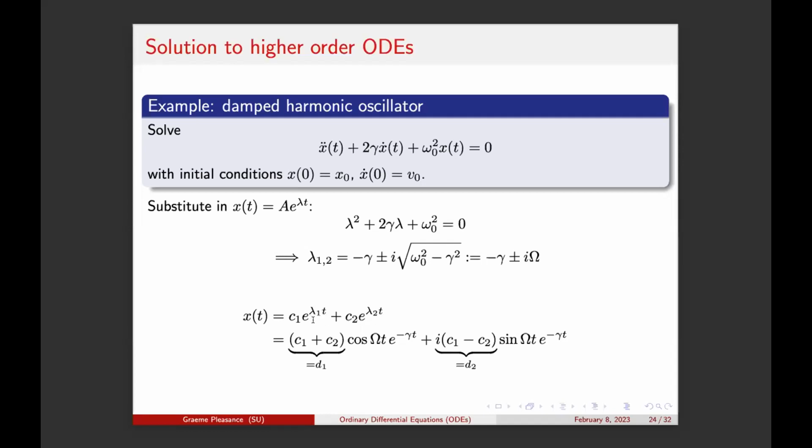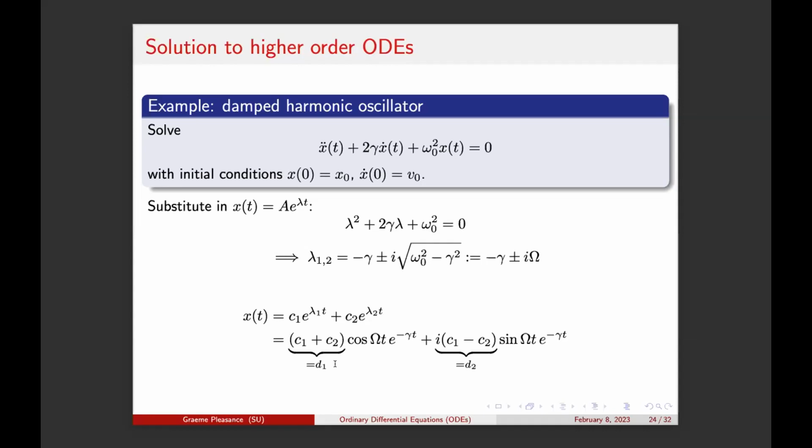So what we do is we just simply apply Euler's formula. As you might know, e to the ix is equal to cos of x plus i sine of x. And so we can just apply this. Well, firstly, we can factorize out e to the minus gamma t, and then we just apply Euler's formula to each of these terms, and then we can rewrite the solution in this form, where we can then introduce two new